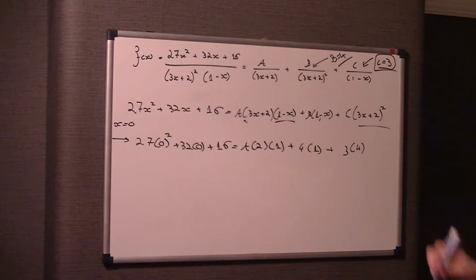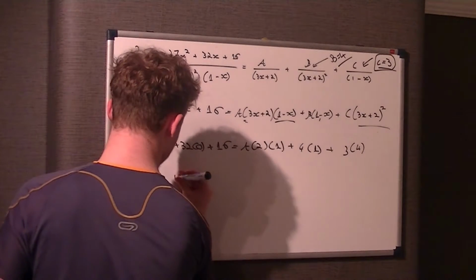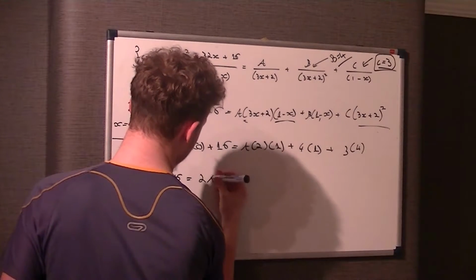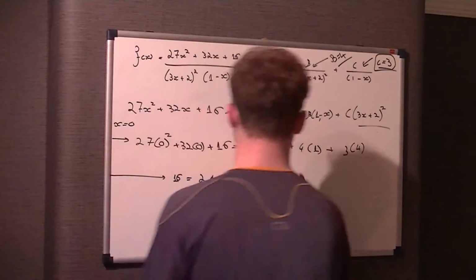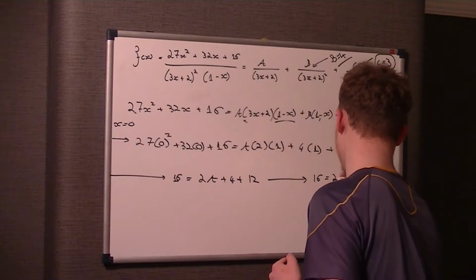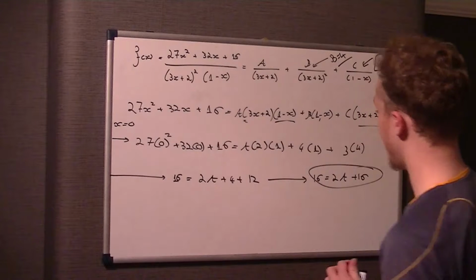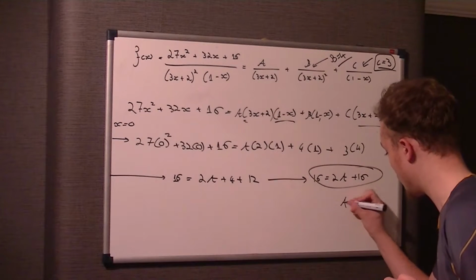So obviously it's now just a case of simplifying this down, expanding it out. Okay, so 16 is equal to 2a plus 4 plus 12. Okay, so therefore 16 is equal to 2a plus 16. But therefore 2a is equal to 0, so therefore a is equal to 0,